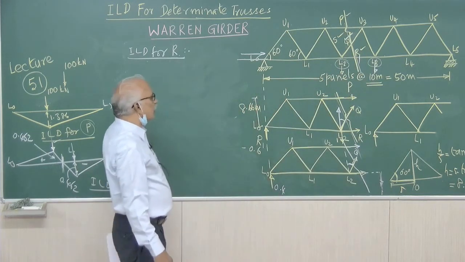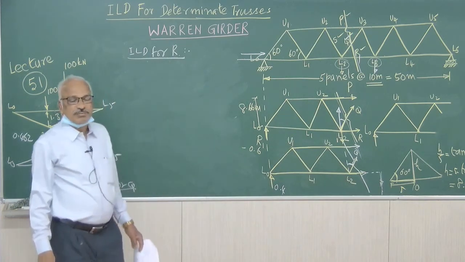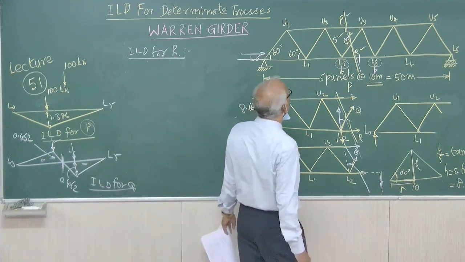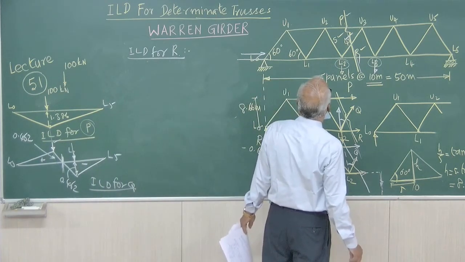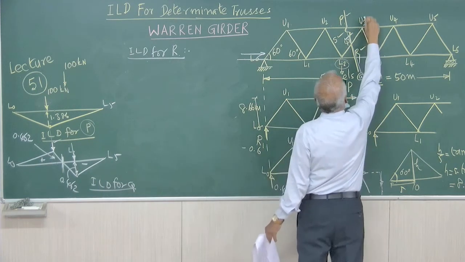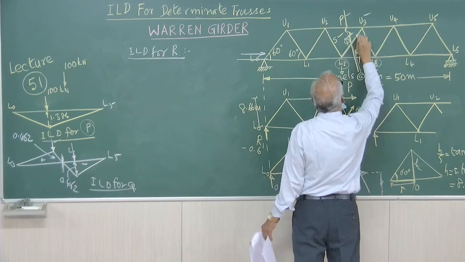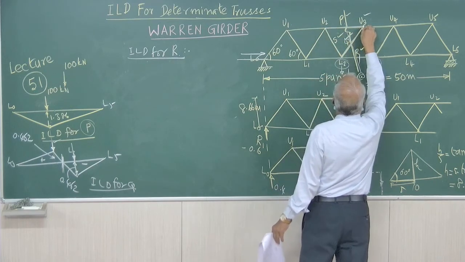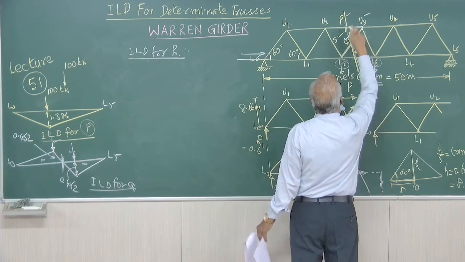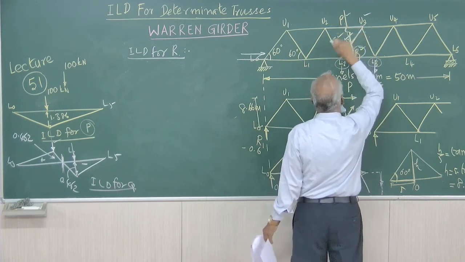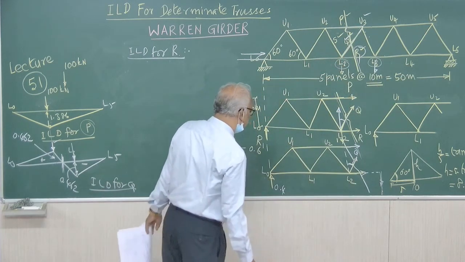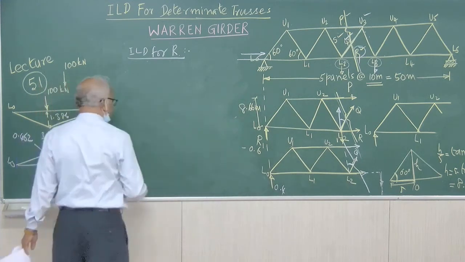Right. Now here the other two cut members meet at the point U3. It is at U3 because this is one cut member, this is another cut member. They meet at the point U3. We are interested now in R. Other two cut members are P and Q, they meet at the point U3. Right. Now we will make use of this diagram.